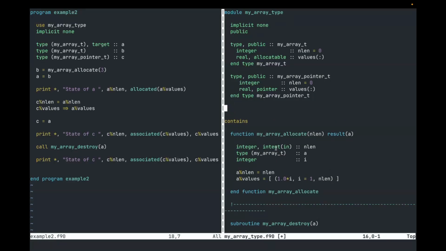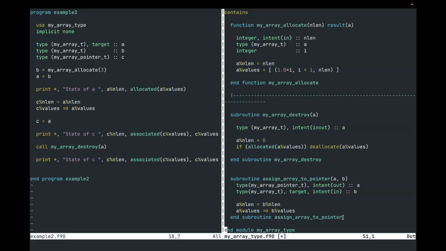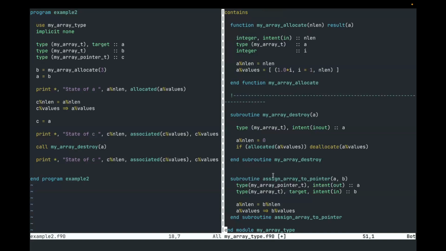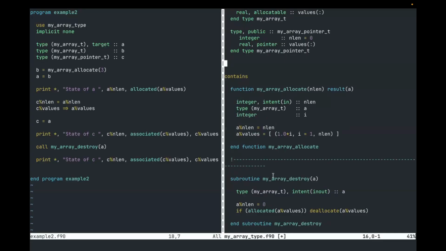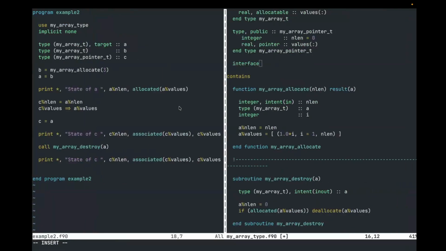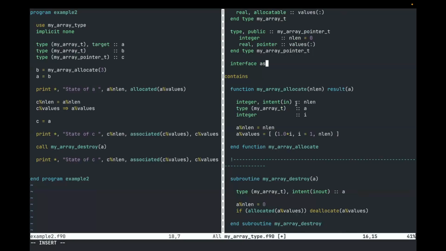Okay, so that's good. So we have our subroutine. Now we just need to tell the compiler that it's actually allowed to use this subroutine as an assignment operation. And to do that, we just create an interface, just as we did here, exactly like this. So interface, and we use this particular little bit of syntax where we say it's an equals, it's an assignment,